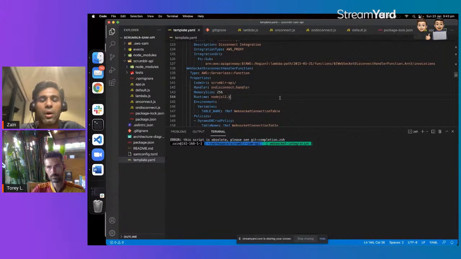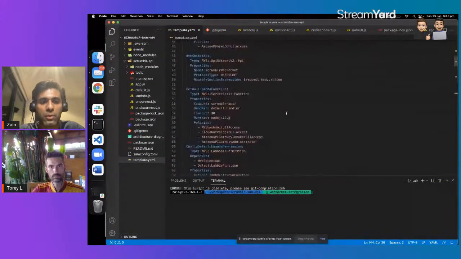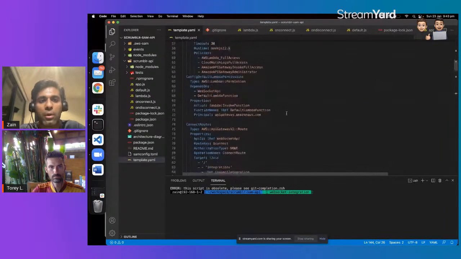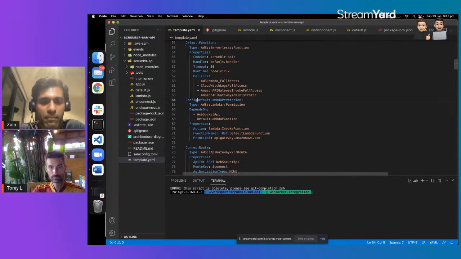Right, so we would want to make use of our default function. I think I'll just name it default function. It's a great name. Make it as short as possible because we've already learned our lesson.